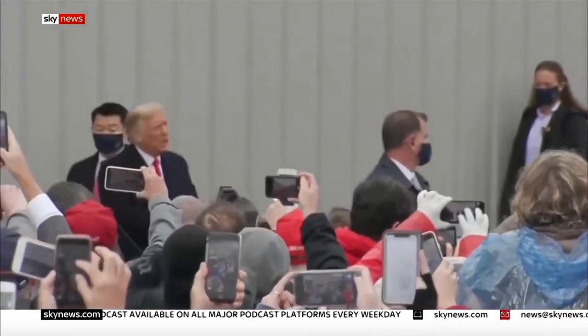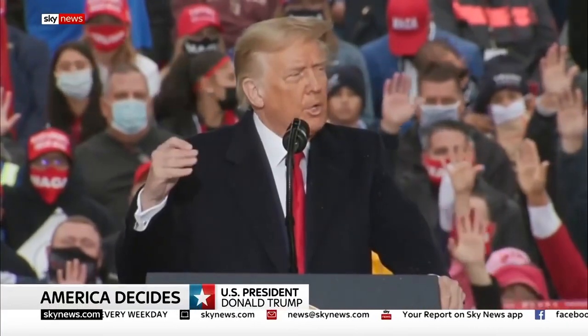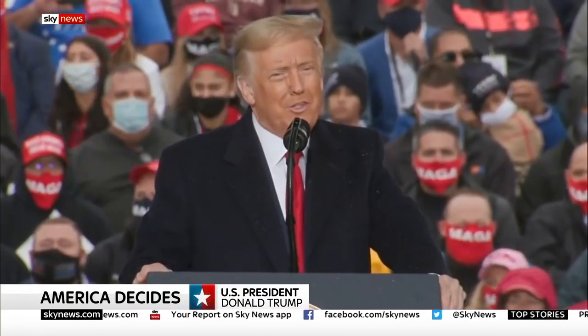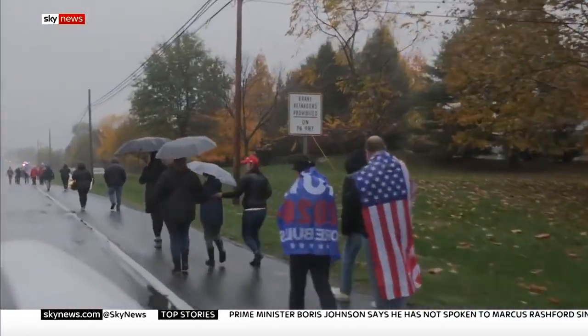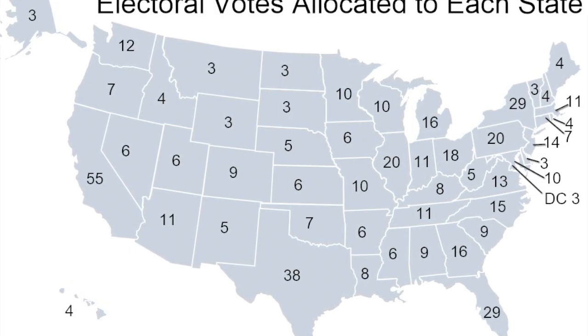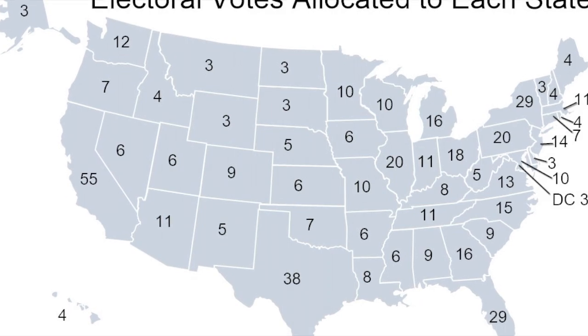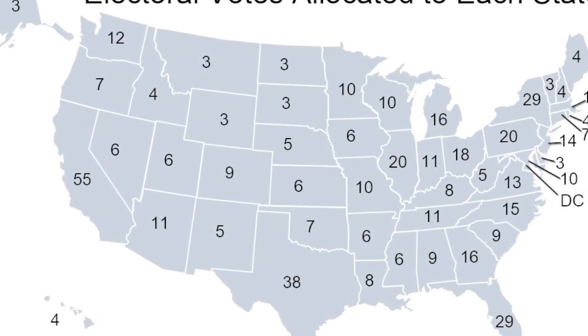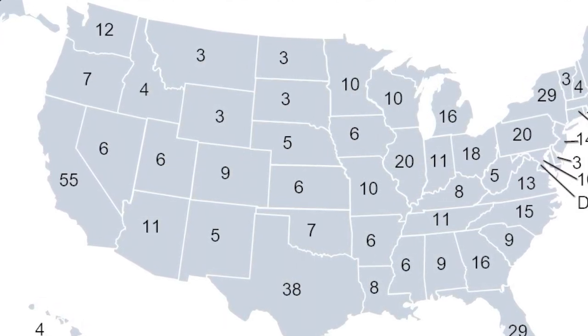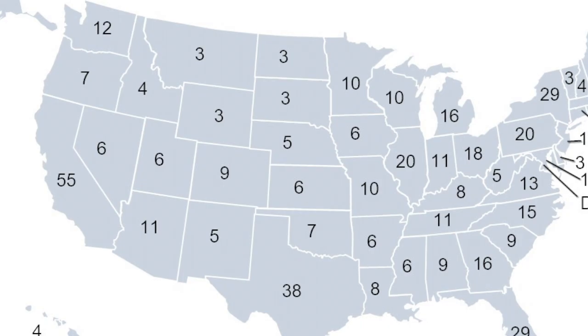Moving on to our fifth and last stage, which is the electoral college. Under the electoral college system, each state is assigned a certain number of votes. There are a total of 538 electoral votes. Which state gets how many electoral votes depends on the size of its population. For example, California, the largest state of the United States by population, has the maximum number of electors, at 55. Meanwhile, Alaska is the largest state of the United States by area. Due to low population, it has only 3 electors.